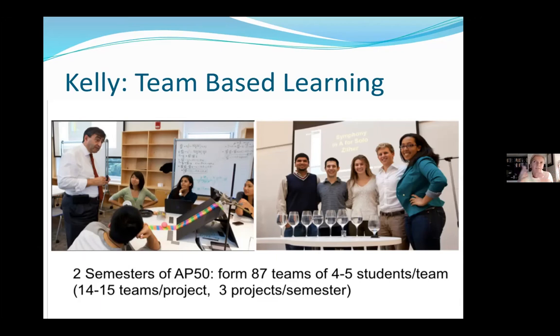We have a system that we use for grouping that I'll speak about in a second. So we put them together into a group for project 1, and then we mix up the teams and put them into a new team for project 2, and then the same thing for project 3. And so we have a lot of data that we've collected over the past 7 years that we've been teaching this class, because there are 3 projects over the course of each semester, and there are about 15 teams per project.